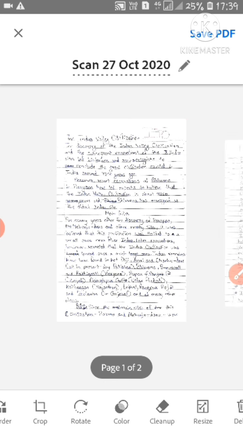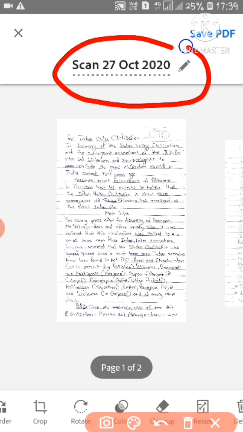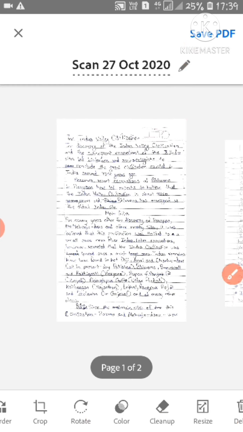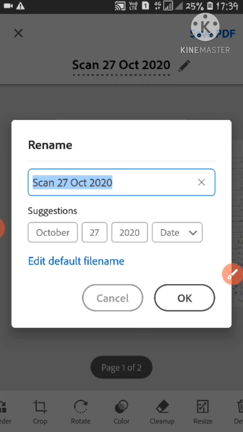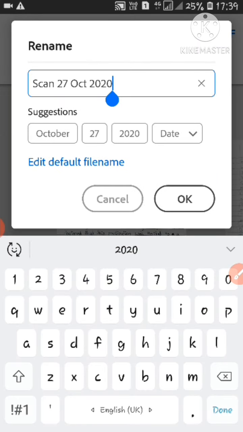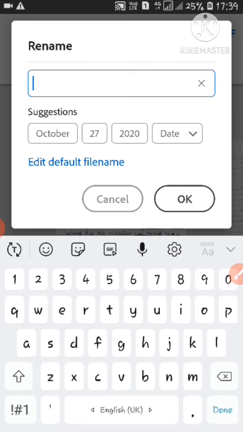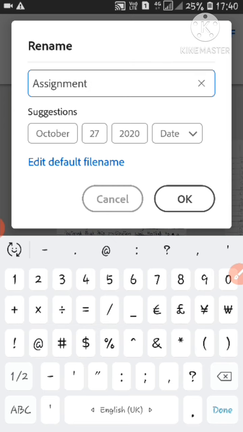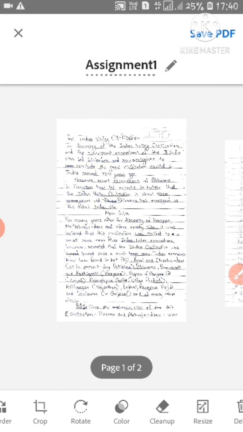You can rename your documents by clicking on this option. You touch the pencil icon here, right? And rename your file as per your requirement. So I am giving the name assignment 1, right?